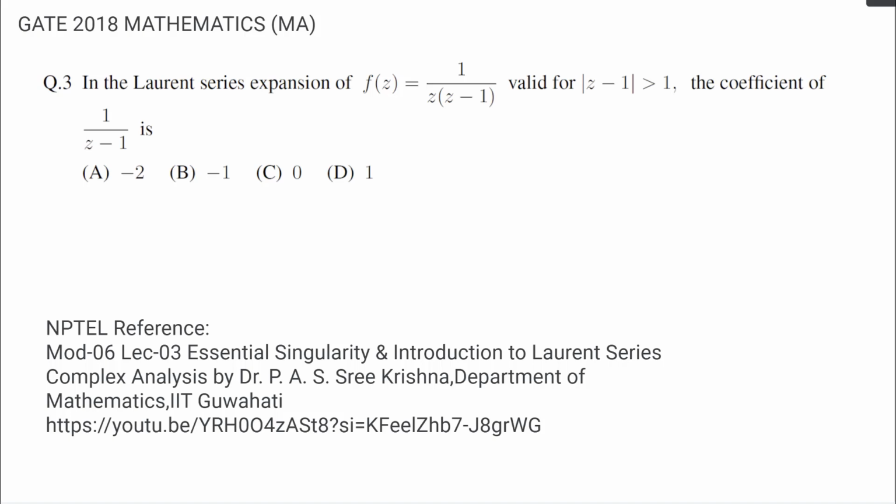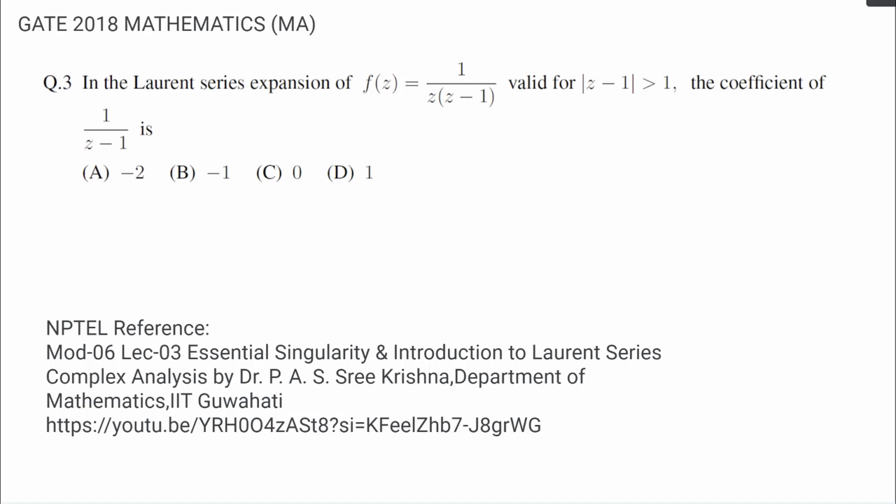The problem is from the GATE 2018 mathematics paper, question number 3. The problem given is: in the Laurent series expansion of the function f of z equal to 1 divided by z times z minus 1, valid for modulus of z minus 1 greater than 1,